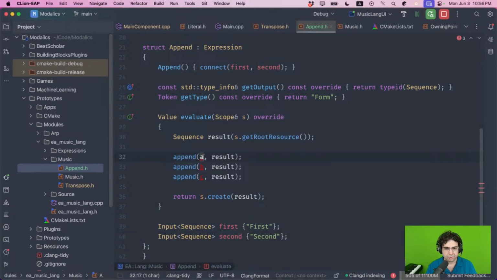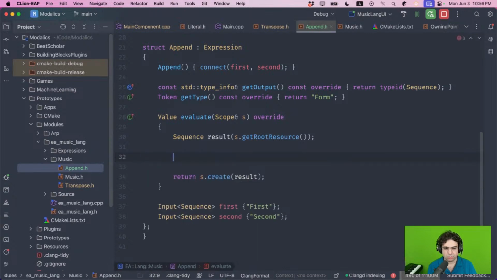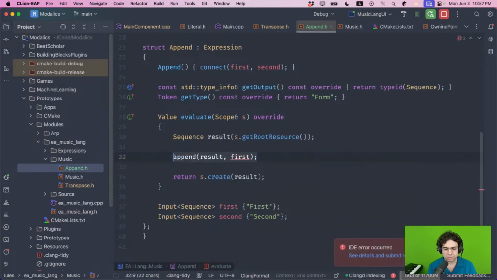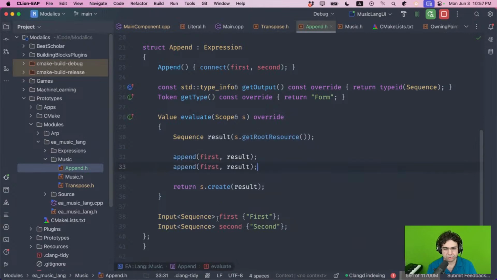Okay, so I'm going to append. So the actual function just needs to call append with, yeah, because I need to take first and then second, right? I think that's it. So I need to take actually result first. No, sorry, it's first result, because this is the input and the output. So yeah, first result, then second result. That's basically it. I'm going to call this append. And the only thing I need to do